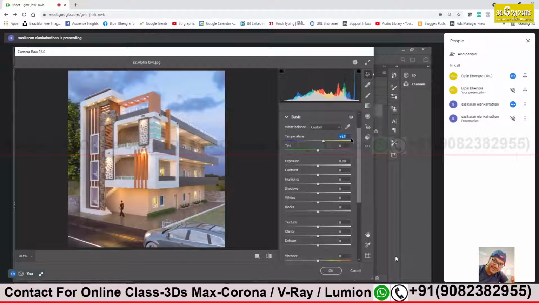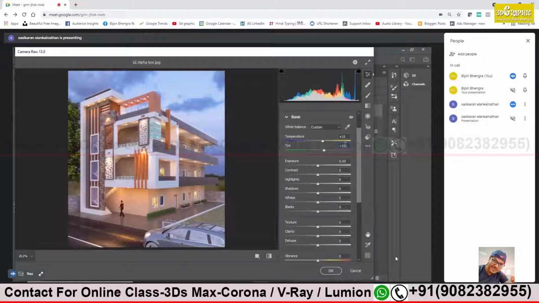Now tint color also gives very interesting effects. Yes, this is just below the temperature. If you go toward the purple, you can see it will give a little interesting effect, but it will not look realistic. Again, if you want your scene to look realistic, make it 0.